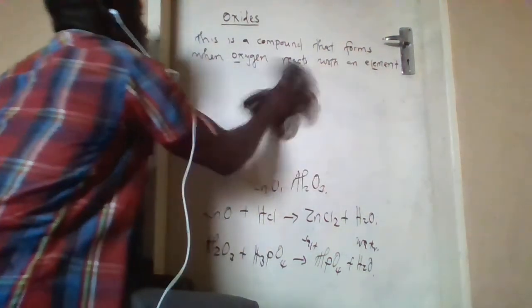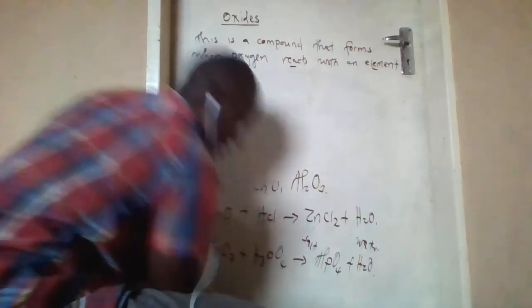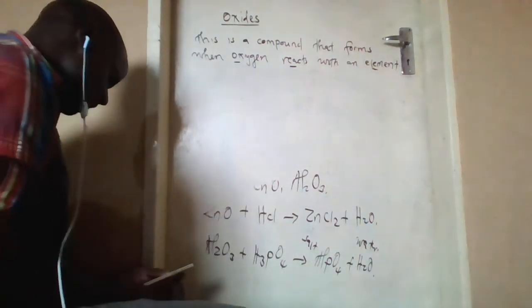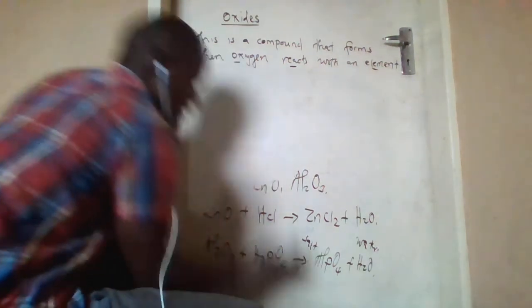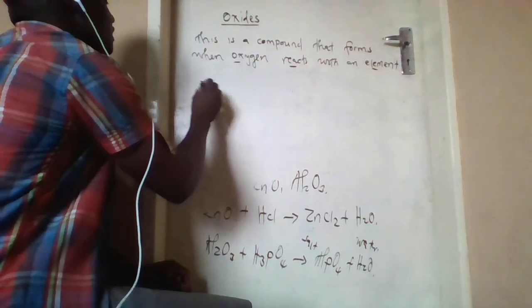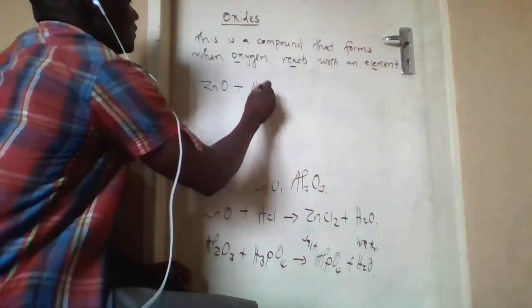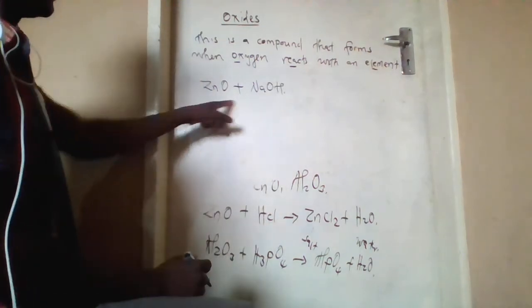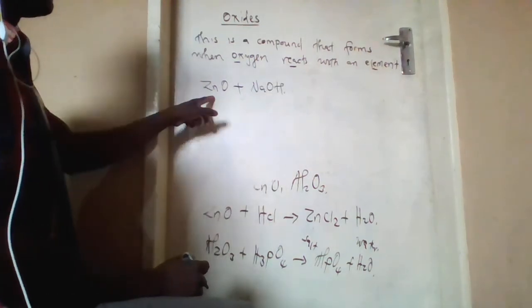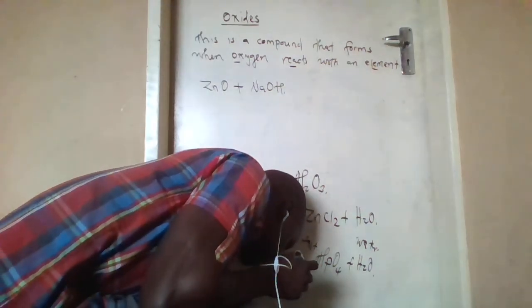An example we can look at is zinc oxide plus sodium hydroxide, because this is a base. Once that reaction takes place, we are going to have